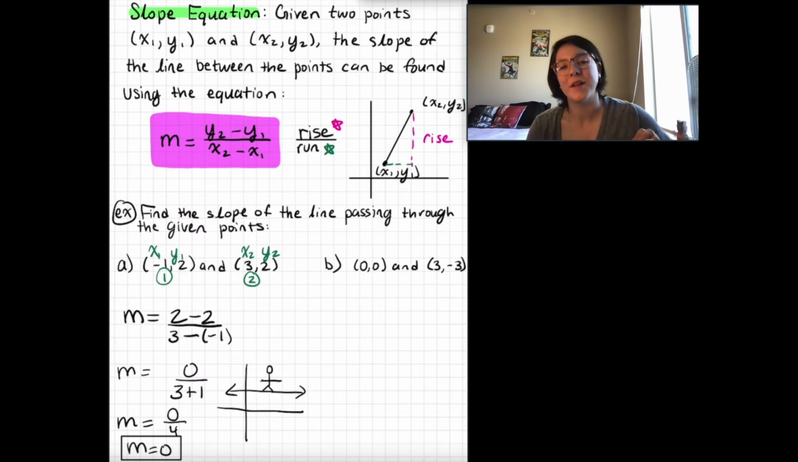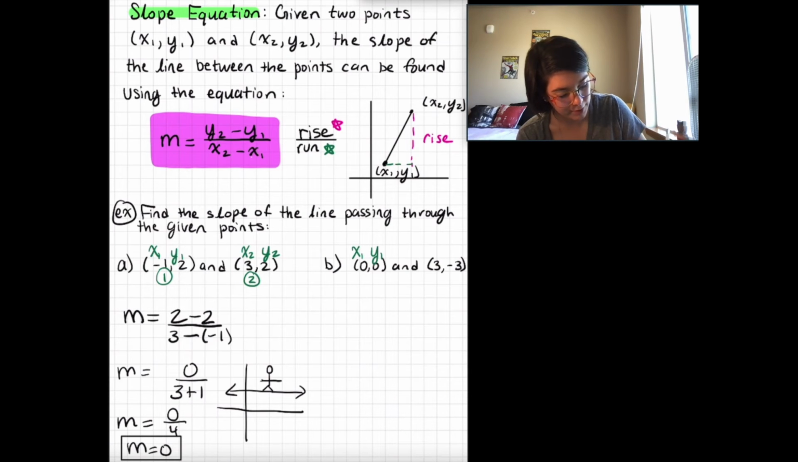Alright, see if you can do part B on your own. So we have 0, 0, and 3, negative 3. So we'll have x1, y1. Go ahead and label these. x2, y2. So our slope is going to be,